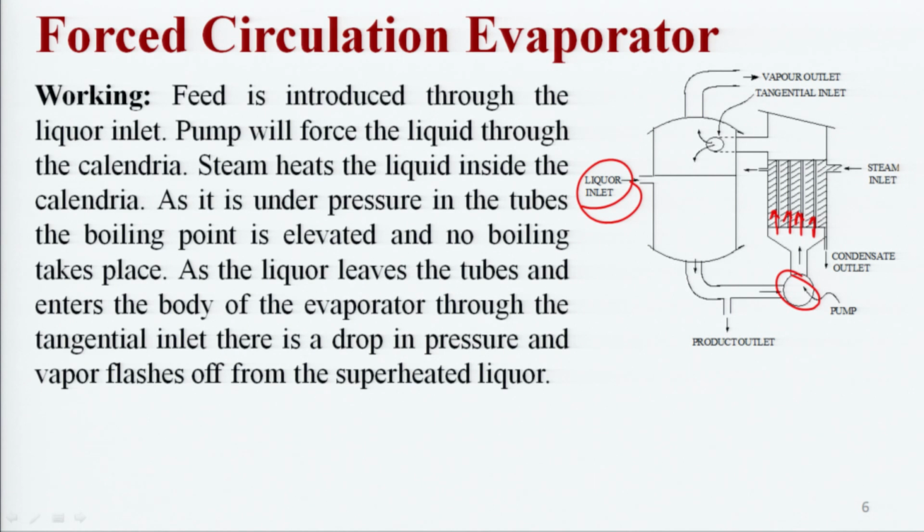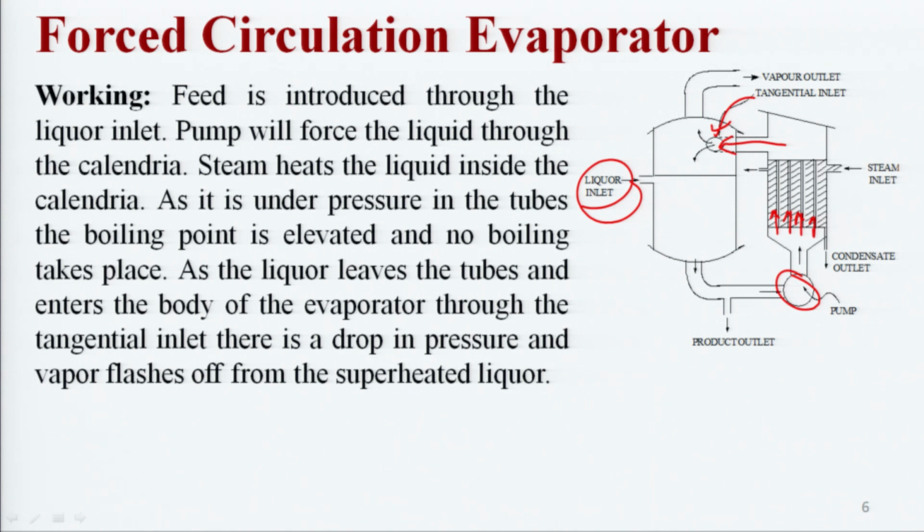As soon as this liquor leaves this heating unit and enters into this chamber, as the liquor leaves the tube and enters the body of evaporator through this tangential inlet, there is a drop in pressure as the liquid enters into this chamber,